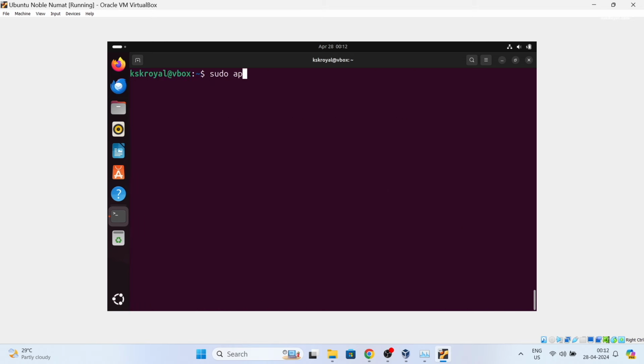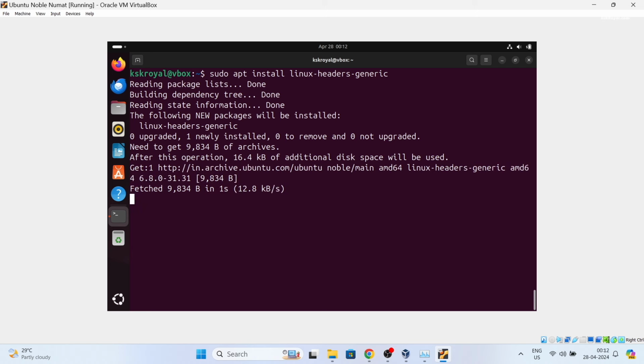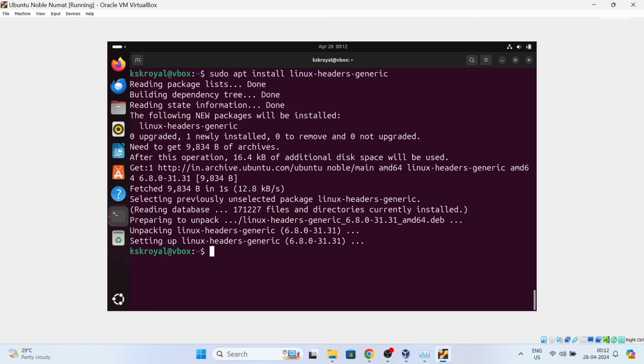Once it's done, type this command to install the generic Linux headers. Now if you run this command to install header files for the installed kernel, you won't see any errors.